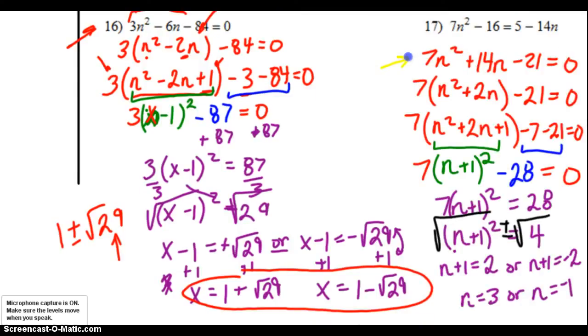The first thing I had to do was remember to move all of your terms to one side of the equation, so it equals 0. That was the first step. And then after that, we can complete the square. We factor that 7 out of only the first 2 terms, because remember, when we're completing the square, we only care about those first 2 terms. So we have 7 times parentheses n squared plus 2n, and that negative 21 hanging on the outside. We don't care about that. Negative 21, it's kind of like the leftover. And then we